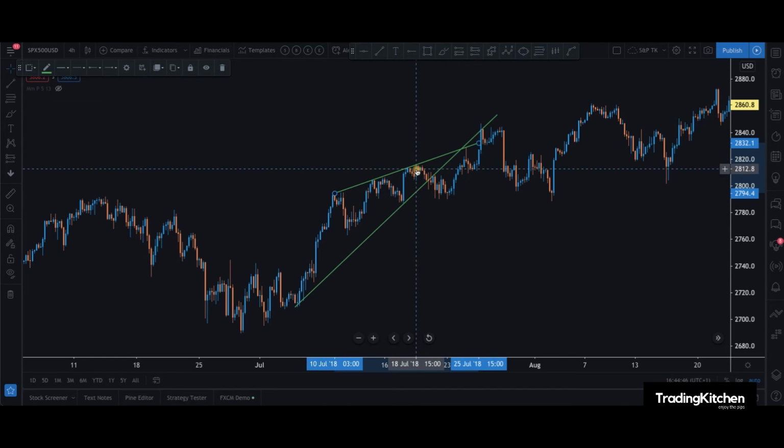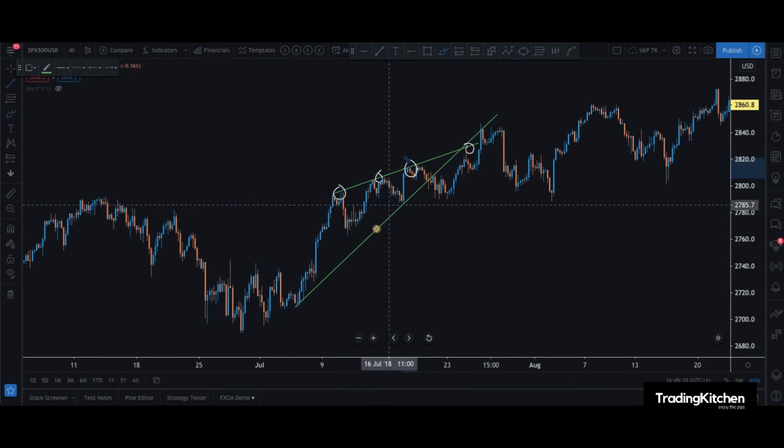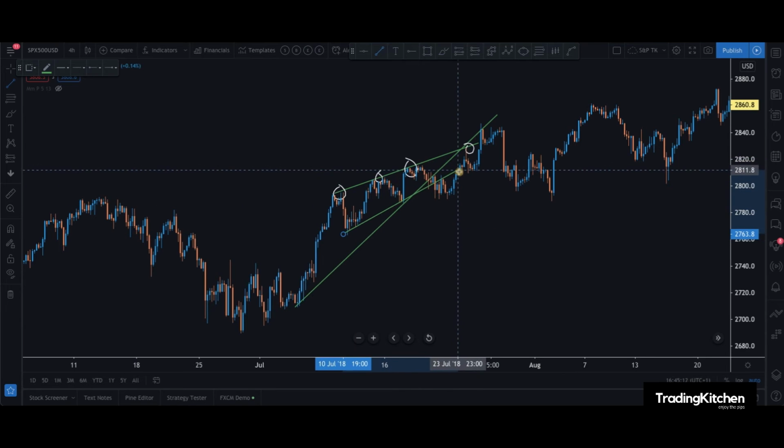Okay, this could be a triangle. If you see, look how price reacts on this dynamic resistance. Because this is dynamic resistance. When the price reacts so many times on a trend line, this is a dynamic resistance or support, as in this case. Okay,